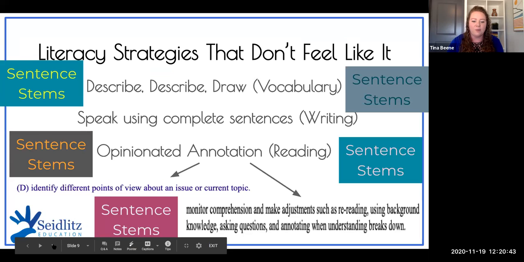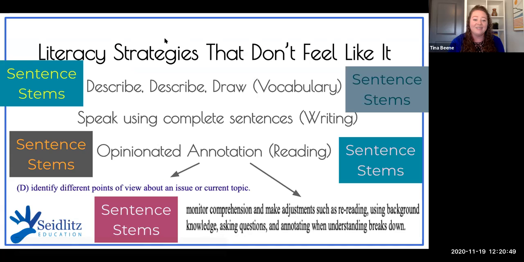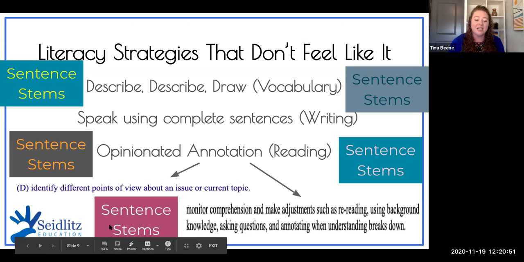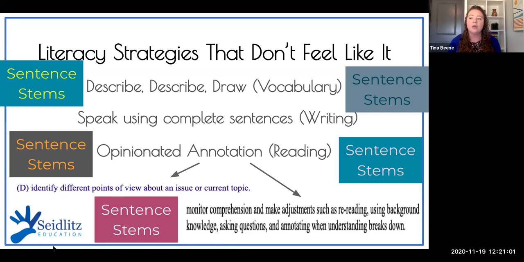Sentence stems are your very best friend, but they need to be planned in advance. If we just try to do them on the fly, then that doesn't really work. It's got to be done in advance. And we want to make sure we bring in our academic language when we plan those. Now, I don't hold kids to sentence stems 100% of the time. If you have a great way you want to express this, go on with your bad self. But I do require that they use complete sentences. And if there's academic register and academic language in the stem, the academic language should be present in your response.